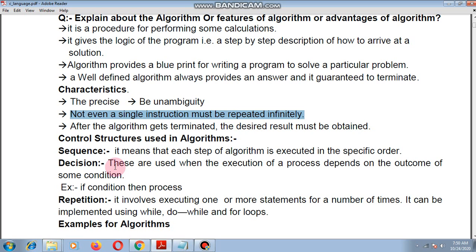After the algorithm gets terminated, the desired result must be obtained. Next, control structures used within an algorithm: the first one is sequence, second is decision, third is repetition. Sequence means the steps are executed